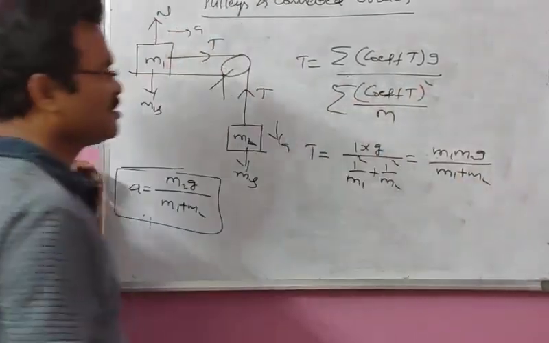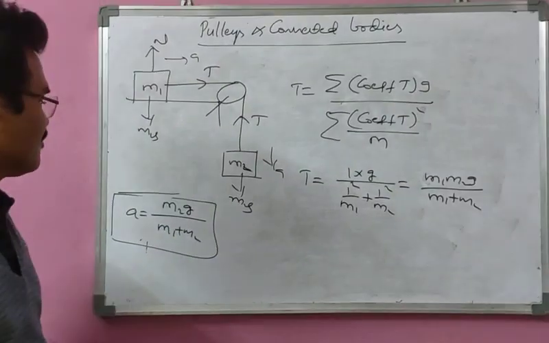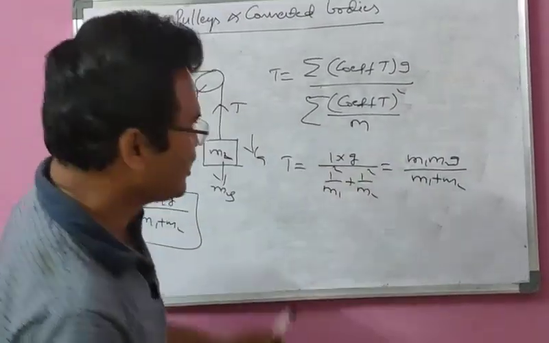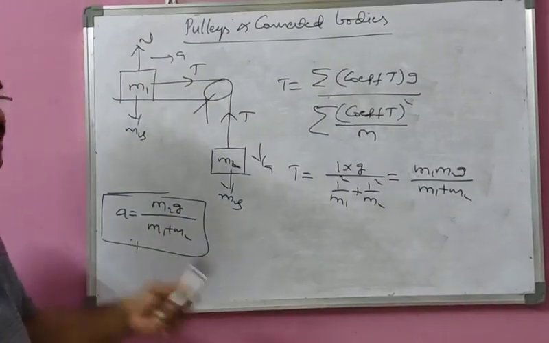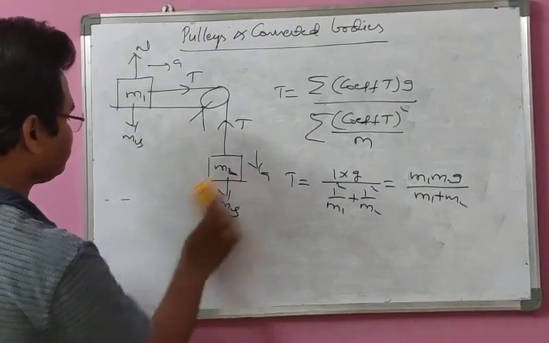So you can check your answer. This is going to be correct here. So in a single step, we got the tension formula as well as the acceleration formula. Okay. So let us apply this tension formula in the case of inclined planes. How is this going to be followed in the case of an inclined plane?